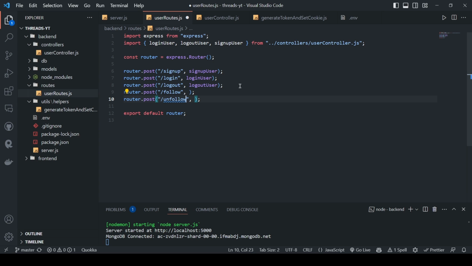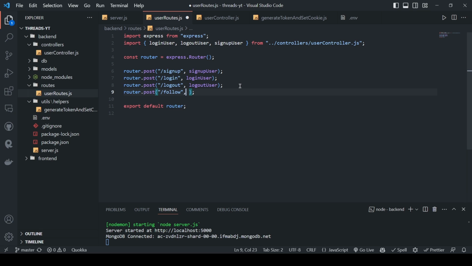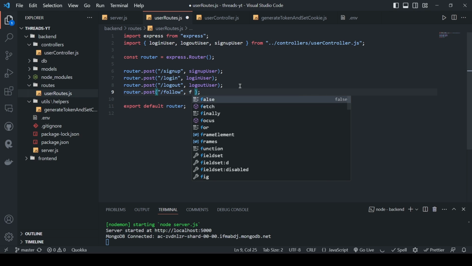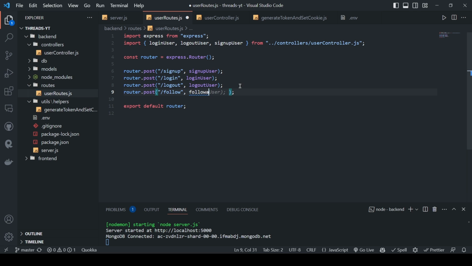Since this functionality is not really long to write, I'll just have it in one function, and it's going to be easy to read. That's why I'm not making two different routes, but if you want, you can do that, and I'll just go with only one function, and I'll just say follow, or maybe like unfollow user, and I'll just create this